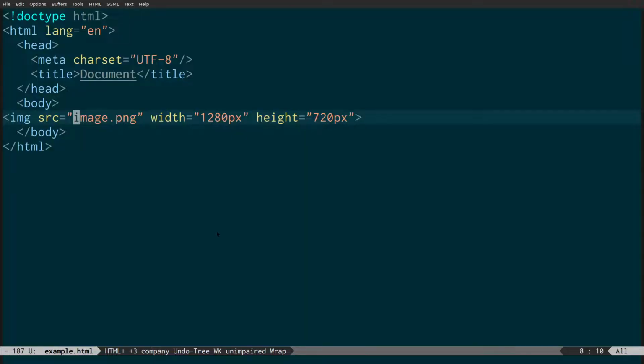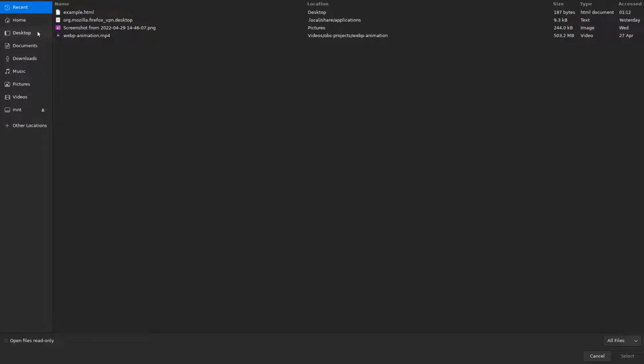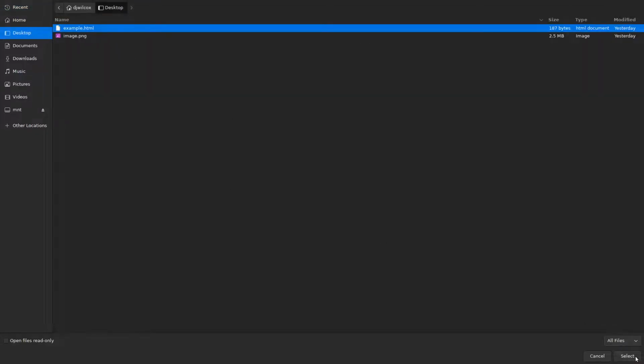What happens if I come across to the Flatpak version? Come across here, open the HTML page, bang, broken image. It's not displaying the image. And what you'll see here is if we look at the URL, we've got file, 1, user, 100, doc, string of numbers, example.html. Now if I copy this URL here, run,